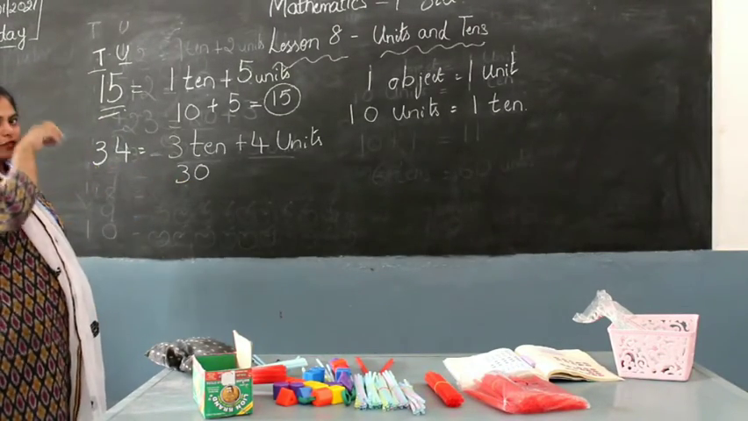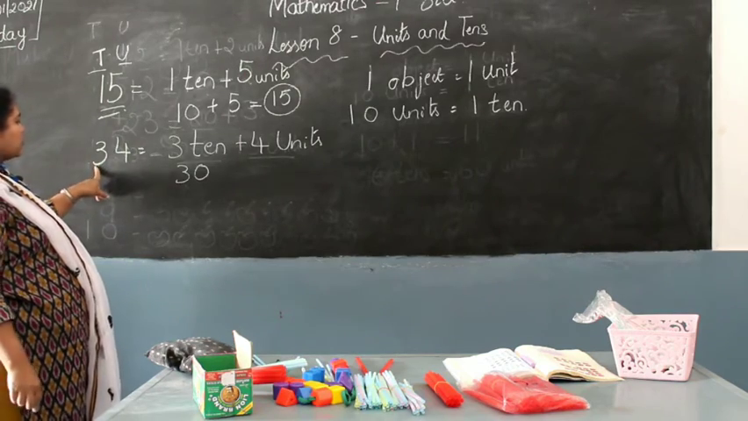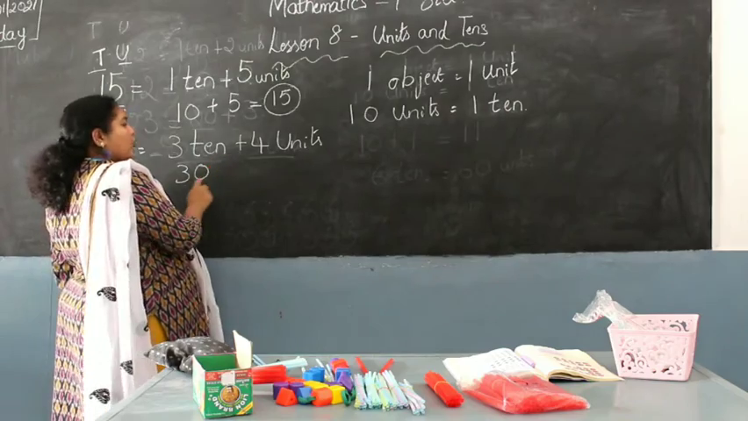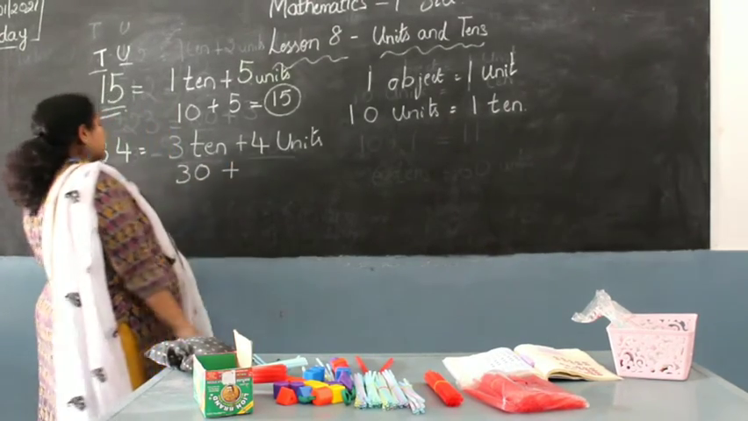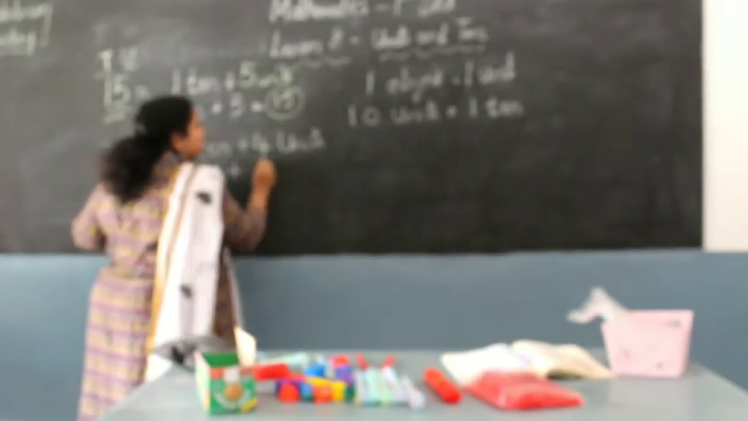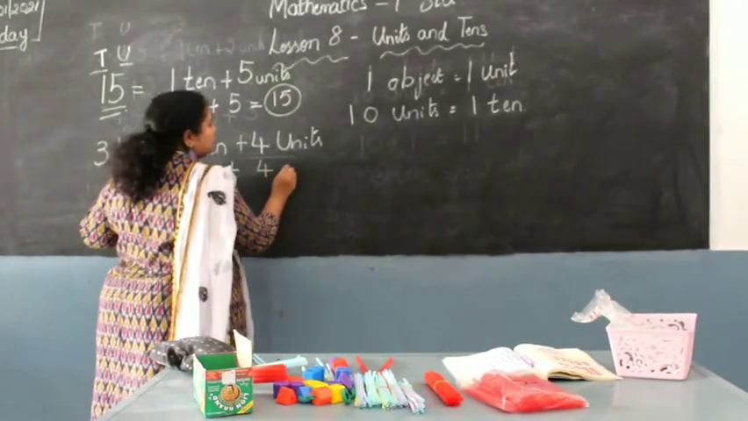What is the place value of 3 in 34? Because it's 3 tens, that's 30. So you can write 3 tens or 30. And what's the place value of 4? It's 4 units or 4 ones, which is 4. That is equal to